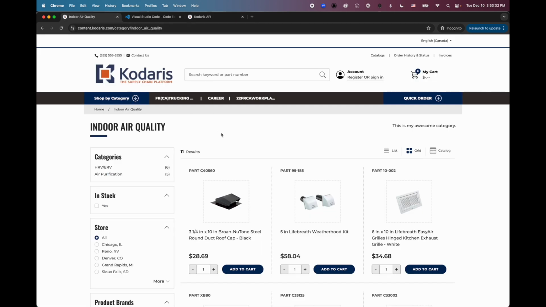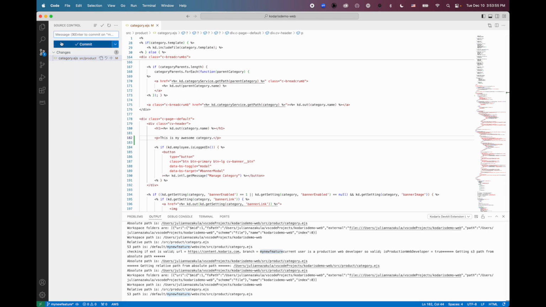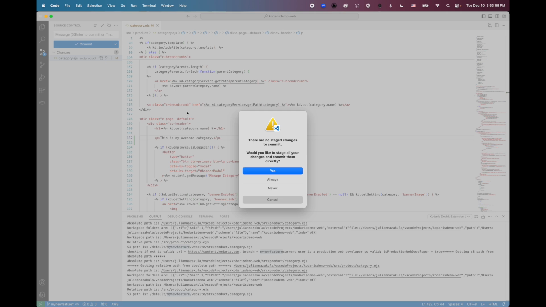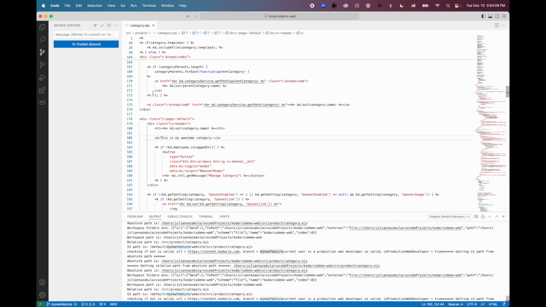Alright, so let's say we're all happy with the functionality we've developed. I like my little piece of text, and I'm ready to push this live to all of my production users who are using the website. What we'll want to do for that is, first we'll follow the normal Git process or source control process of pushing our changes to Bitbucket or GitHub, whatever you use. So I'm going to go ahead and commit my changes. And then I'm going to go ahead and push my branch.